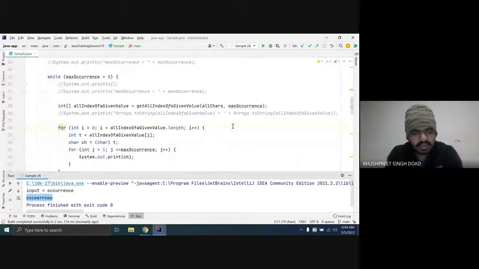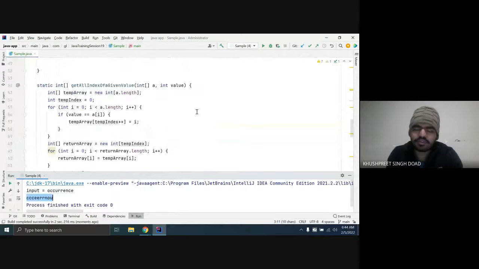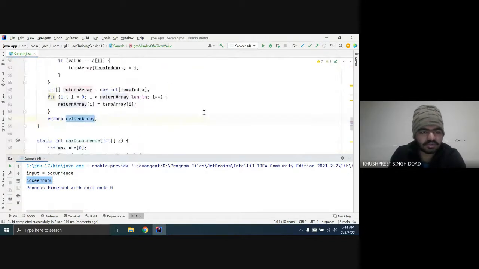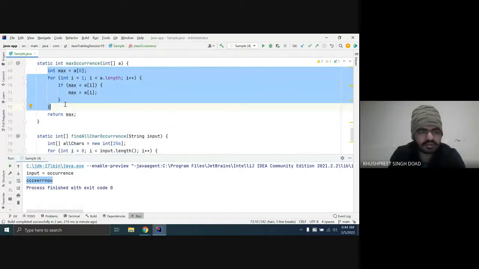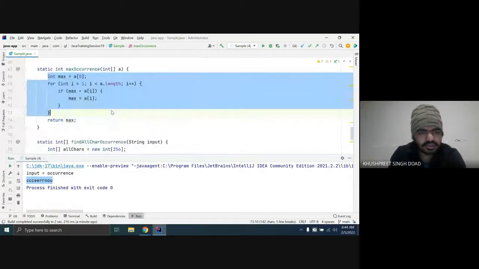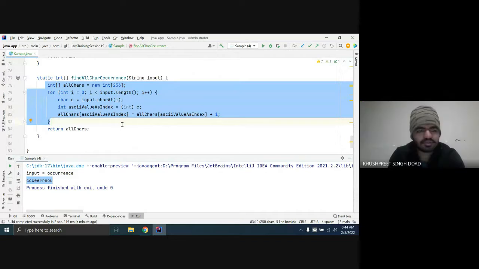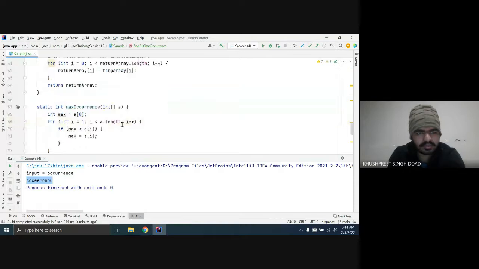So this method gets the index of a given value. This creates an array of the positions, 99, 101, correct. And this gets the array we created. And which is this one more method we did at last? The last one which we did. This one. The one finding all occurrences first. First finding all the occurrences.